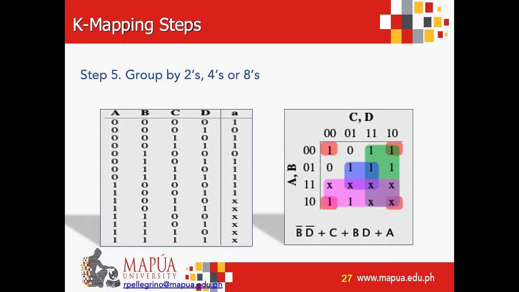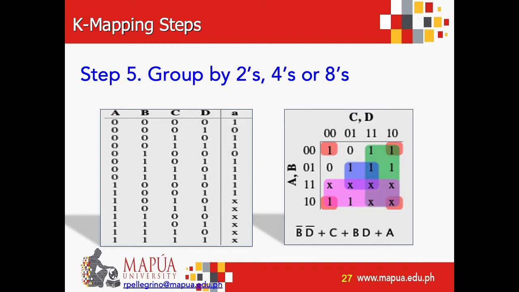So after we've already mapped the input and the output from the truth table to the grid of our KMAP, we will now proceed to the next step, which is to group, depending on the function. If that is SOP, we will be grouping values 1 by 2s, by 4s, or by 8s. If we will be using the function product of sums, that means we will be grouping zeros by 2s, by 4s, or by 8s. For this given example, since our output is 1, we are considering the 1 outputs, so we will be using